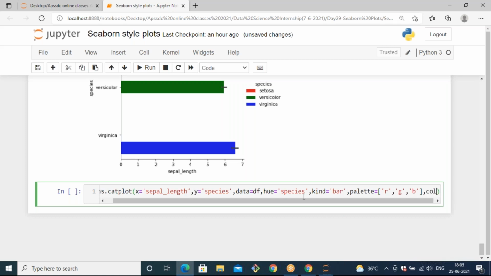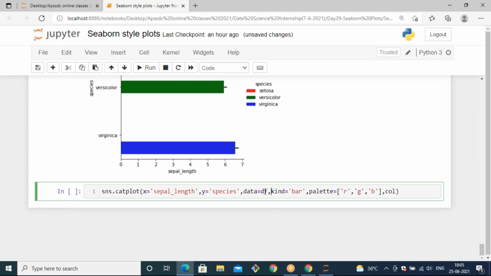When you mention the column, you don't need to specify the hue parameter, because we are grouping by one particular value with the use of column. When you want to access one particular column, you can specify it with the column attribute, column equals to the data that you want. Here I want the column separation by the species column, so I use species over here.